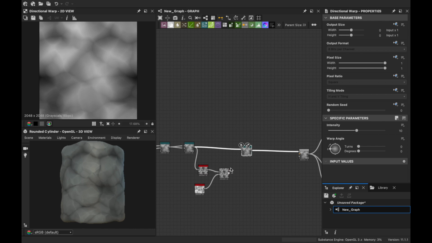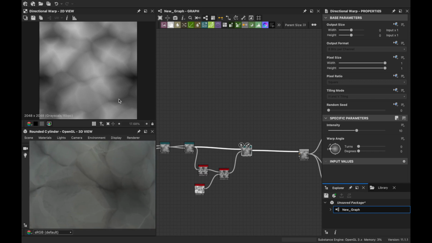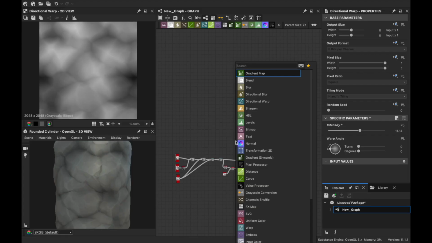Let's warp it. Great. We can get some of these small little cracks going on here. I can increase the intensity and really flush those out if I'd like to. So we can do some quick cracking. I'll do something like we'll